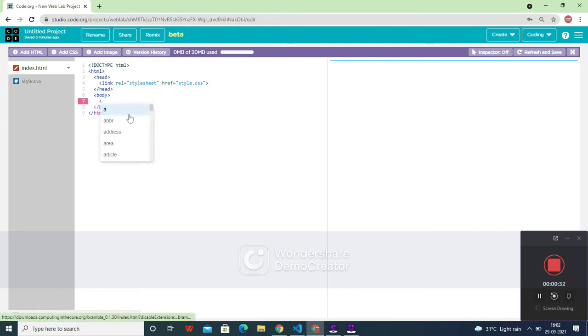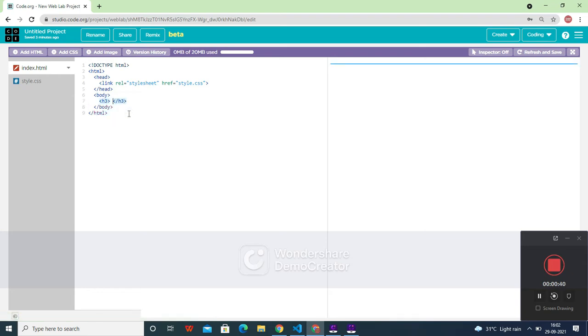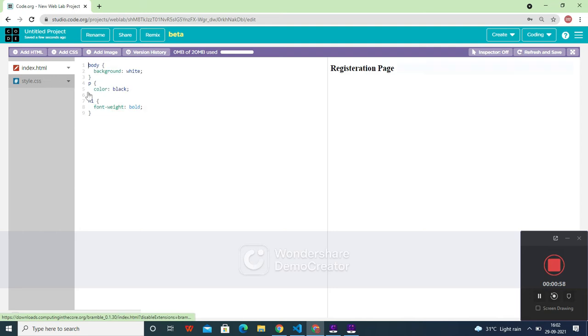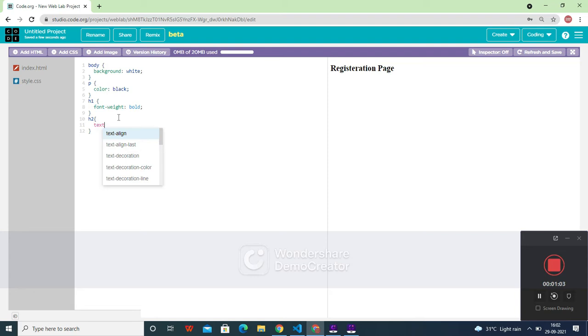The first thing I am going to do is give a heading in the H3 tag, let's give it as registration page. Okay, I think H2 will be okay right now. This is your registration. Okay, you are registering, right? So here you can give H2 with text align center, which means it will be in the center of your